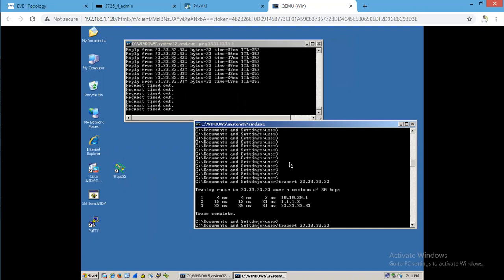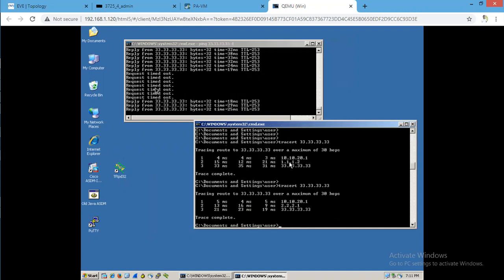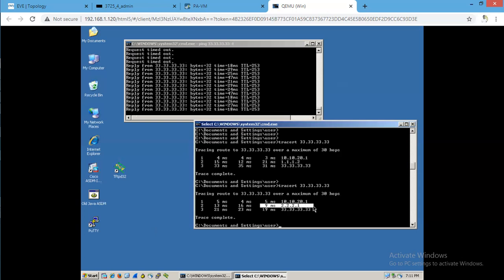Yeah. Now we have a response from the cloud router, and we can see here the ISP2 link is being used to forward the traffic from LAN to cloud router now.